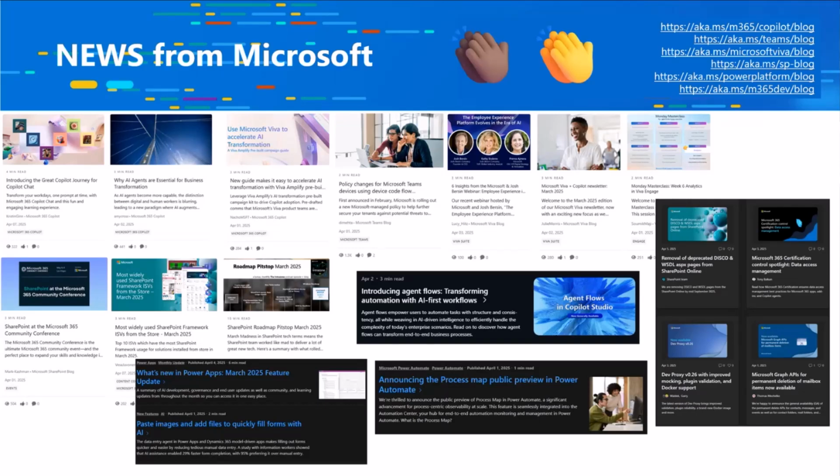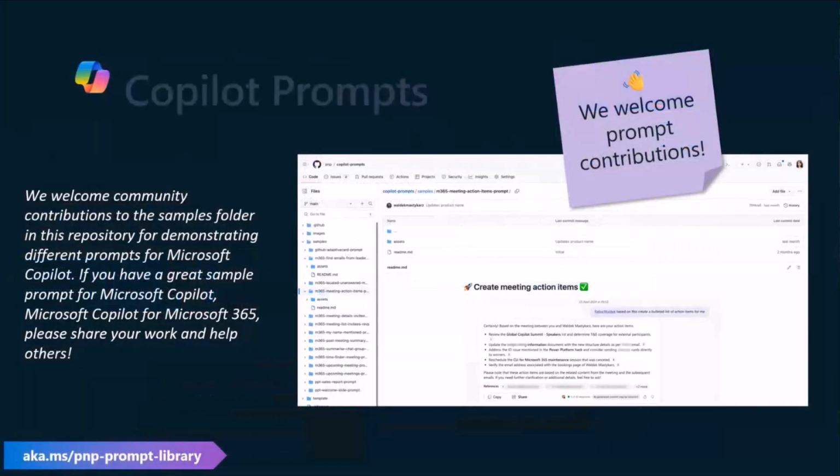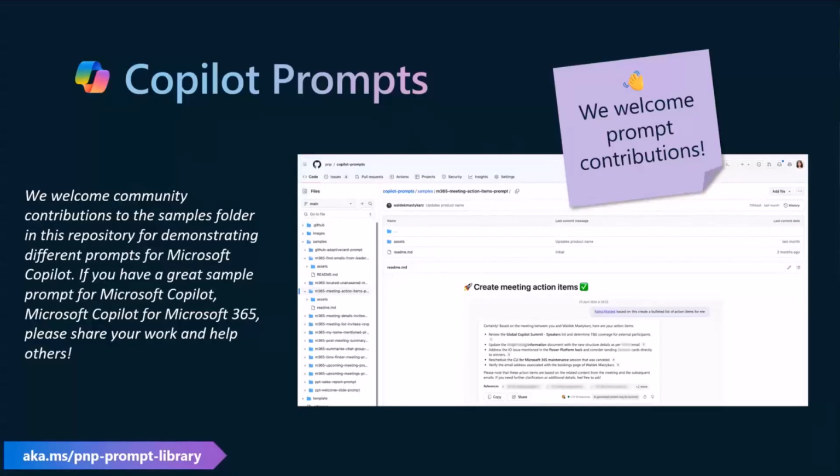Now, before we go to the main picture, we also wanted to remind everybody of our Copilot prompts series, which is really, really great. It's getting more and more contributions all the time. This is basically a location where you can find example prompts that people are using for Microsoft Copilot, so really learning what Copilot can provide for end users.